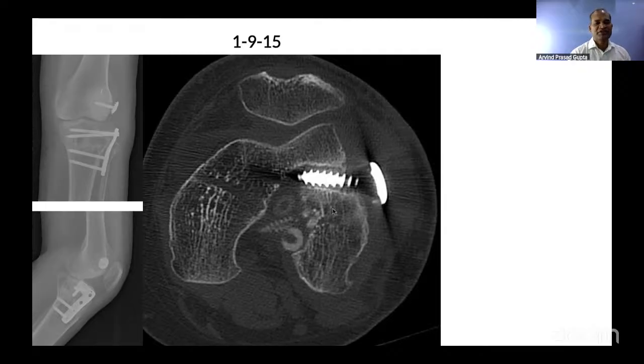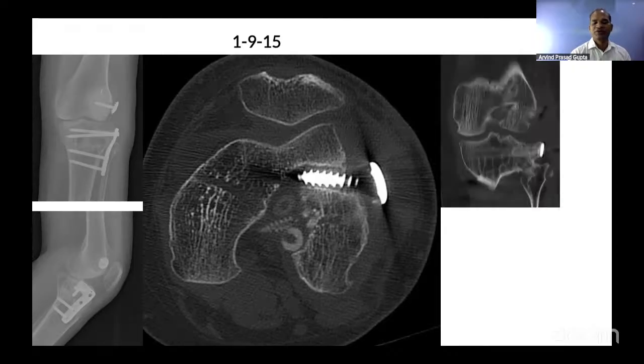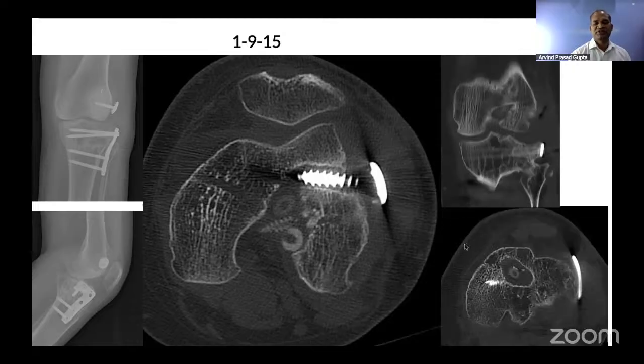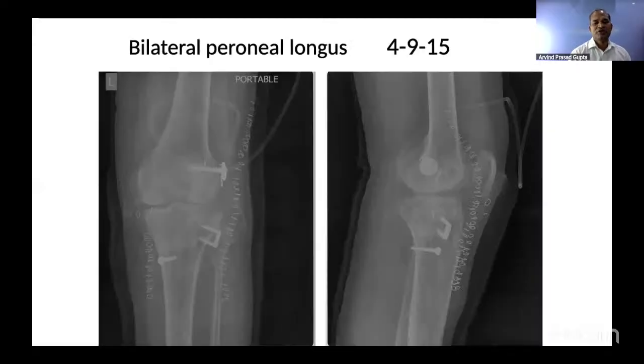So, two times ACL with posterolateral corner with osteotomy in the tibia for multi-ligament knee injury of this patient. So this was the CT. You can see the tibial tunnel also. So revision was done. Bilateral peroneus longus was used in 2015 for the third-time ACL reconstruction as well as the posterolateral reconstruction also. So now you can see the lateral epicondyle